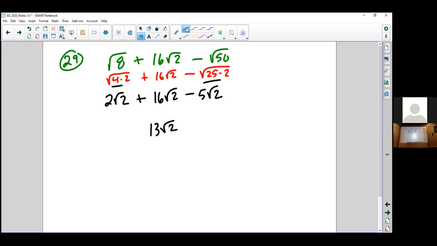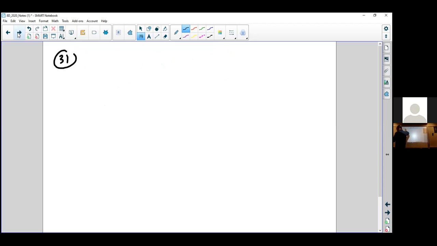Yeah. 31. Okay. Can I move on? Okay. Let's see. 2 third root of -4 plus 5 third root of 4. Okay, so we're trying to stay away from imaginary numbers on this, but I think because we know that square root of a negative is going to give us i, that's going to work. So this is going to become